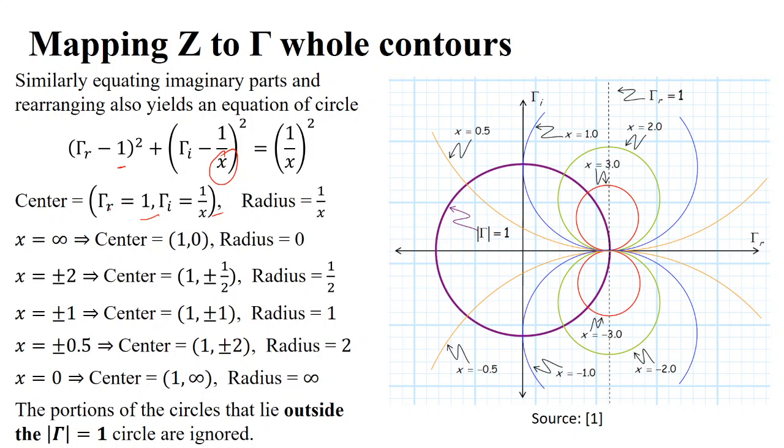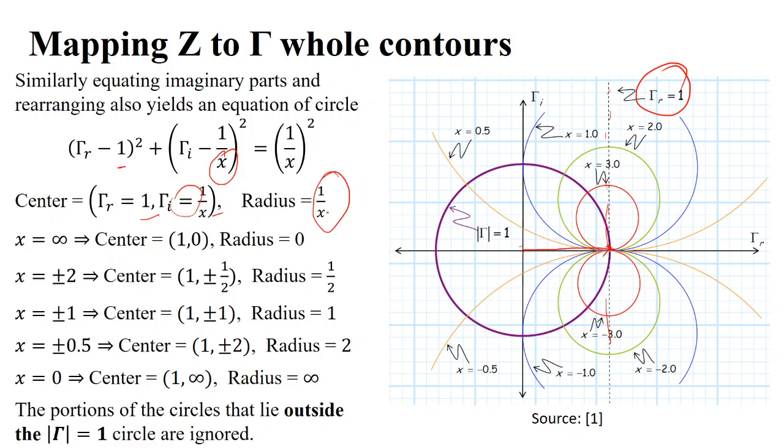So now this center is at gamma r equals 1. So this is not 0. They will not lie on this axis; rather, they will lie on this line, which is parallel to it, because this is the line gamma r equals 1. So this distance is 1 and the center will move on this line. Because this real part remains the same, we know this is the constant line where this one equals 1. Now if x changes, the center will move along this line and the radius will change according to this x.